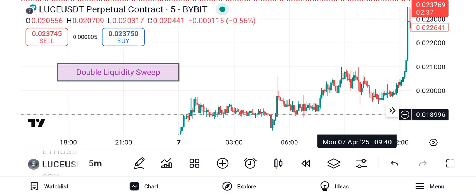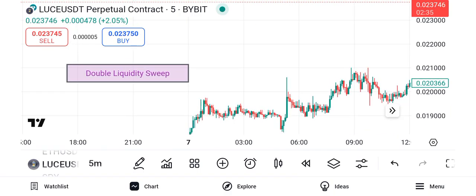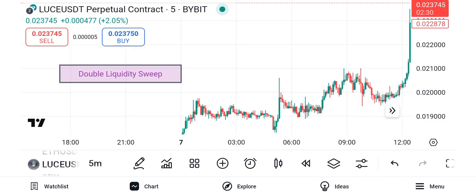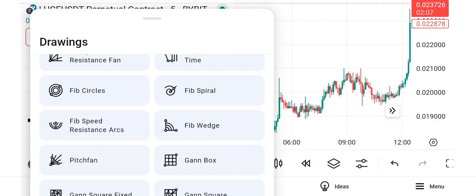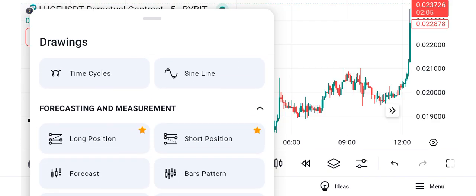A double liquidity sweep refers to a price movement where the market clears out liquidity, that is stop loss orders, pending orders, or resting limit orders at two distinct levels or zones before reversing or continuing in a particular direction. Now, I'm just going to quickly illustrate this, what I just said,